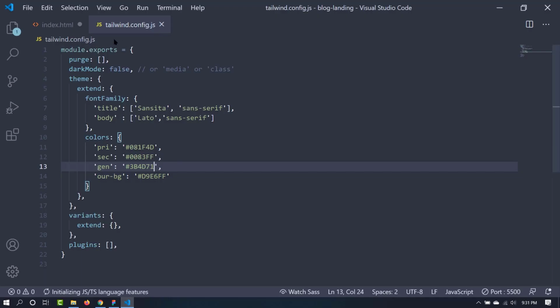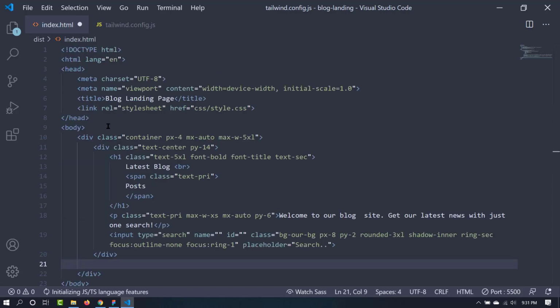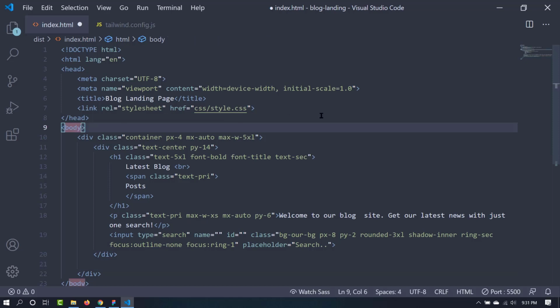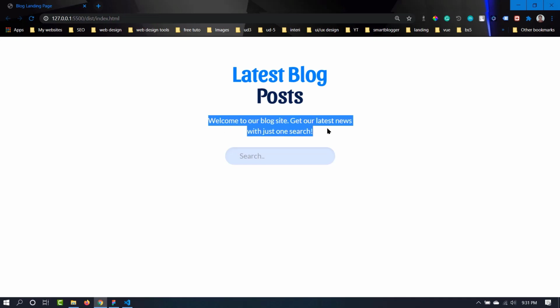So we can apply the class body on the whole body. If we don't specify any element with the class of font title, it will get the font body here, so it will save us some time. Let's do that. Class font body. Let's save, and now it should change, and I think it is Lato now.